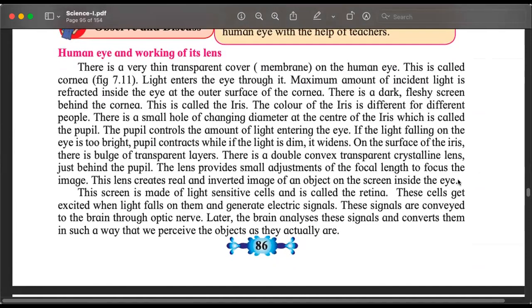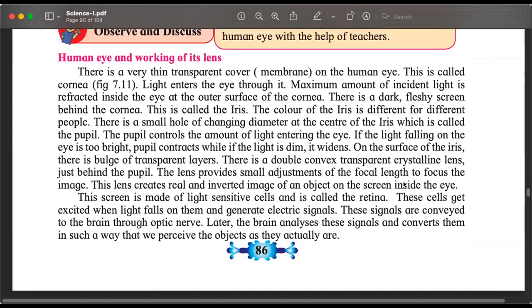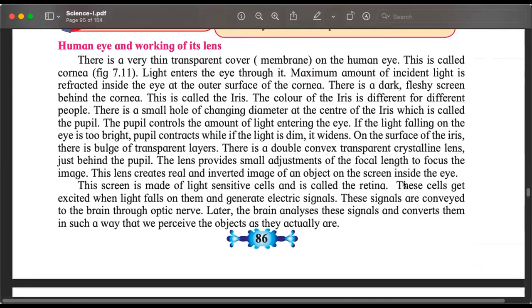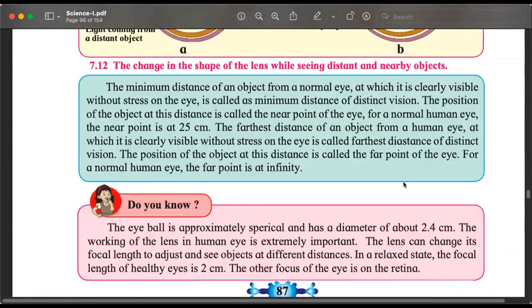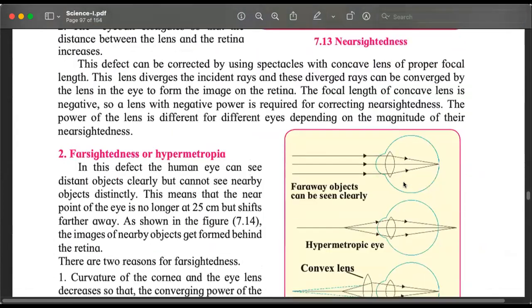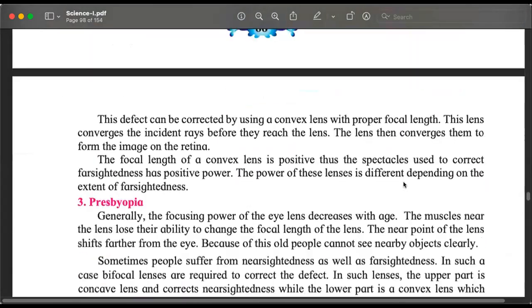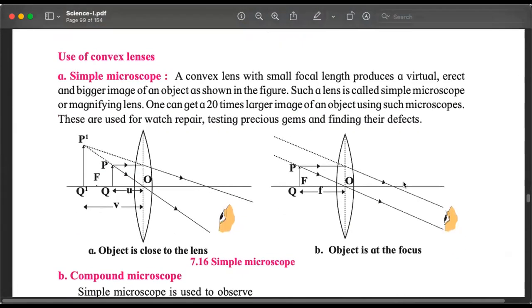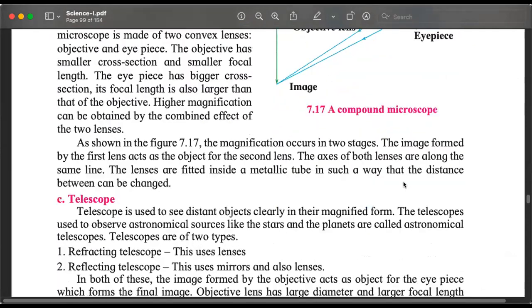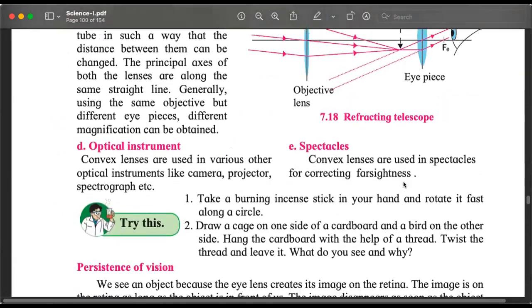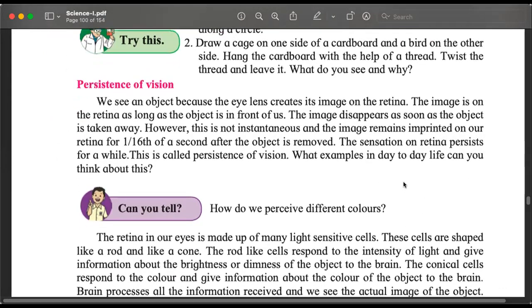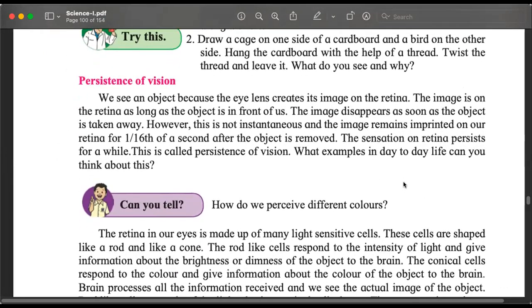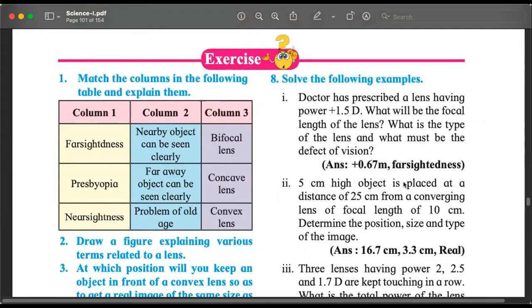Once we have understood lens, so lens uses the concept of refraction. We have understood lenses. So how do we use the lenses? What are the different uses? So we will understand how the human eye functions, the different diseases of the eye and how we can fix them. We will then focus on two instruments, microscope and telescope. And we'll finish the chapter with a very interesting concept of persistence of vision. But that is later. What can we answer today?